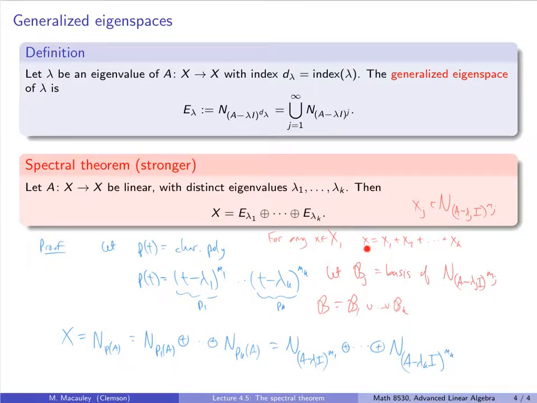Now x is not going to be a generalized eigenvector. It's a linear combination of them, but each one of these contains only generalized eigenvectors. And so therefore each basis is only going to contain generalized eigenvectors. So that's actually why my original statement of the spectral theorem is true. Okay, so to summarize, we have now confirmed that X will always have a basis of generalized eigenvectors of A,